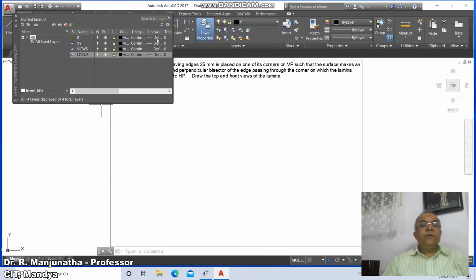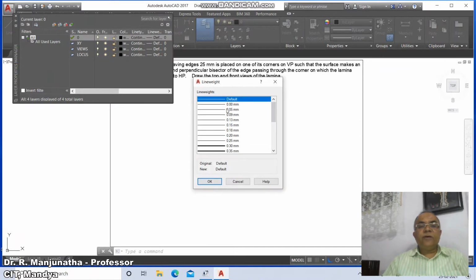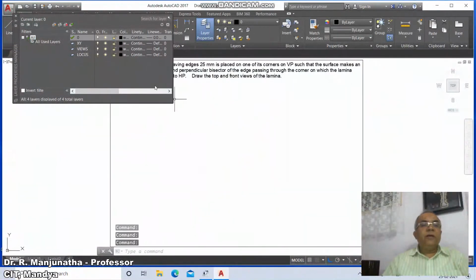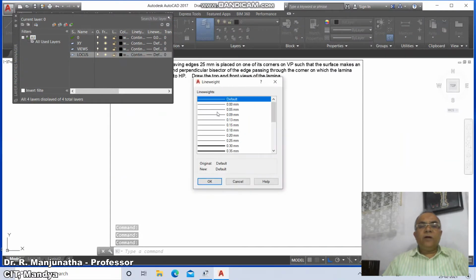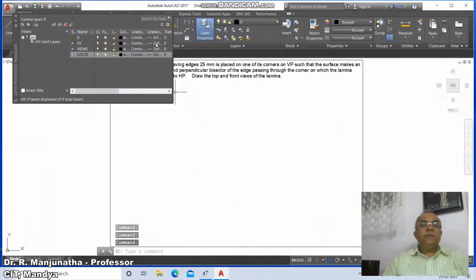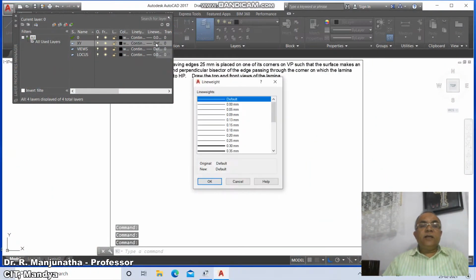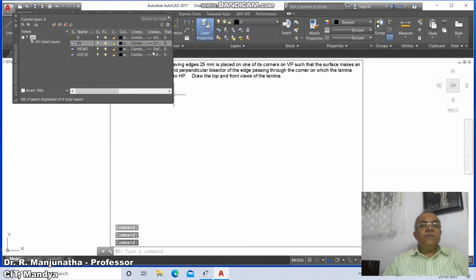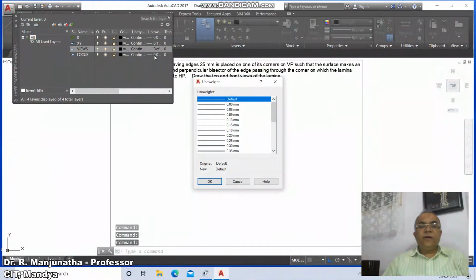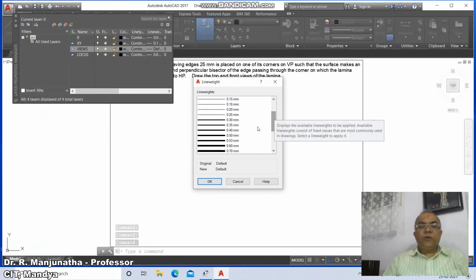First you go to layer 0, set the line weight as 0.05 and say OK and come down to locus, set the line weight of locus as 0.05, then go to XY, select the layer XY and set the line weight as 0.13 and views, set the line weight of views as 0.5.